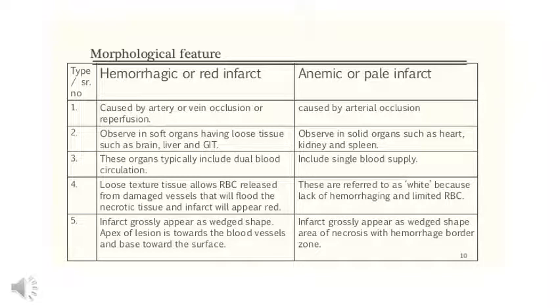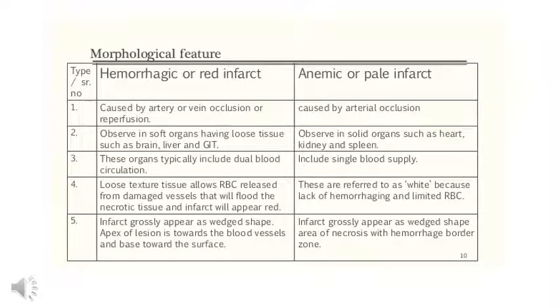So those organs or tissues which have a single arterial blood supply are more prone toward infarction, because if they have only one blood supply, or a single way of blood supply, and obstruction is present in that single way, then there is no alternative way of blood. So those tissues which are supplied with a single blood supply are more prone toward infarction, or more prone